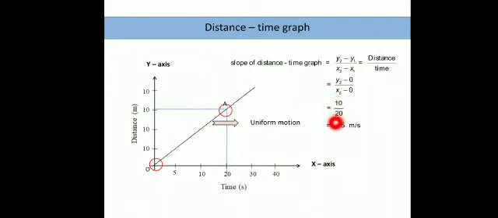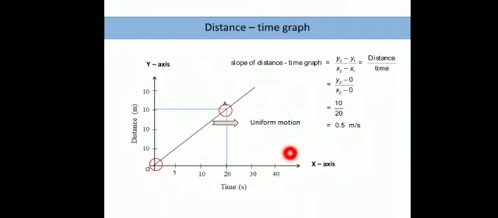So simply by calculating the slope of a line, or inclination, where slope means how much inclined this line is, we can say how fast or slow the vehicle is moving. We will discuss this in more detail in the coming classes. This is just for the sake of information.